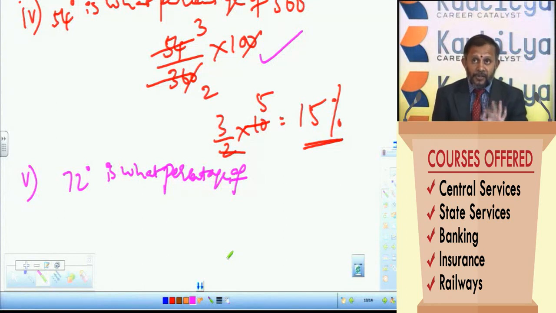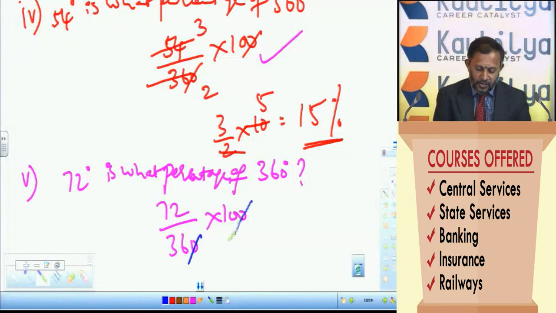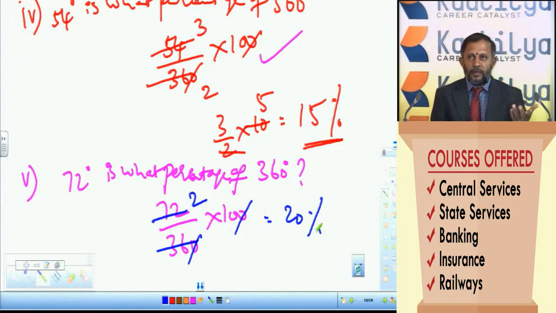But here you have to mention the total calculation part, right? So 72 degrees is what percent of 360? That is the question. 72 by 360 into 100. For the first part we can cancel 0, and for the second part we can cancel. So therefore we can get 20%. You are not simply supposed to say 72 is 1/5 of 360, so that is equal to 20%. You have to express the total content on the paper. Here what you have to remember is, for this question there are 5 sub questions and each question carries 2 marks. So 2 marks is sufficient.